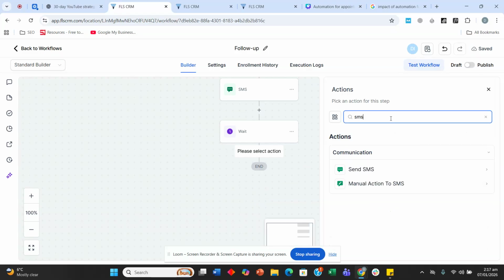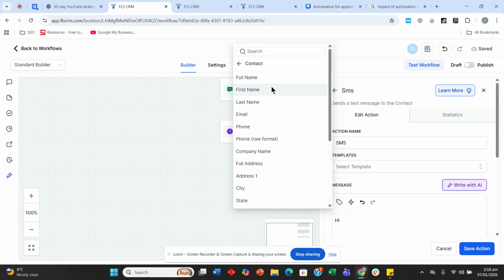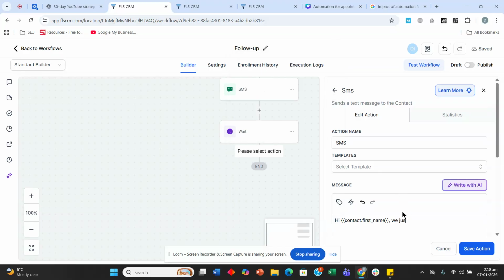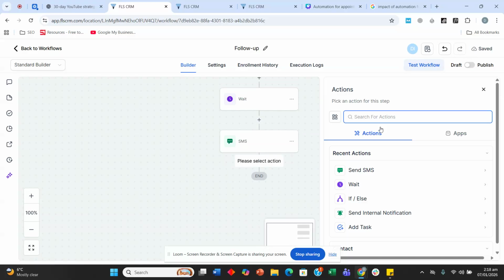We will then send another SMS stating, hi, contact first name again, we just bought a house in Texas at this amount. Are you still willing to sell? Okay, that's the second follow up message, and then after 1 day or 2 days, we will just send them a